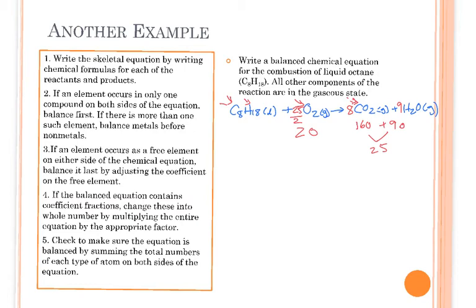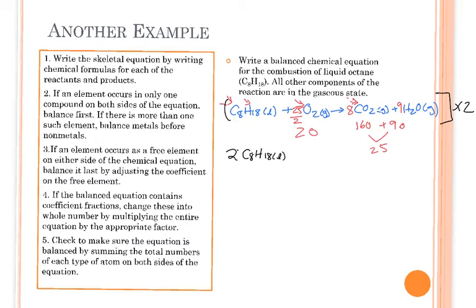Now look what happens. When I multiply this whole thing by 2 to get rid of the fraction, I carry the 2 to all coefficients. Because remember, in math, what we learned, whatever you multiply one component of the equation by, as long as you multiply everything by that same number, you're mathematically all right. So now we're doing this just to get rid of the fraction. So this becomes